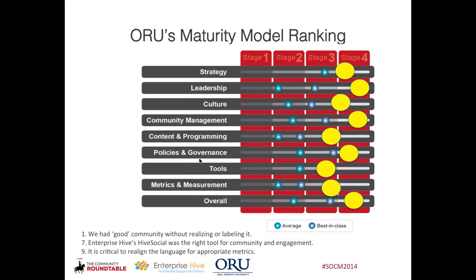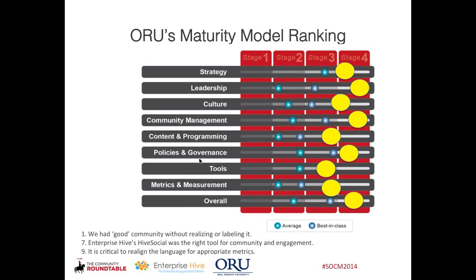and you'll hear from one of those shortly. So how would Oral Roberts University rank our community building or our success of building a community against the maturity model that Rachel shared? And again, without sounding like we've got it all together, we are trying to be real candid. I believe we, along with a lot of other universities, have a jump start on building community because it's very confined in a way. But the key is, what are the metrics and measurements that you're using?